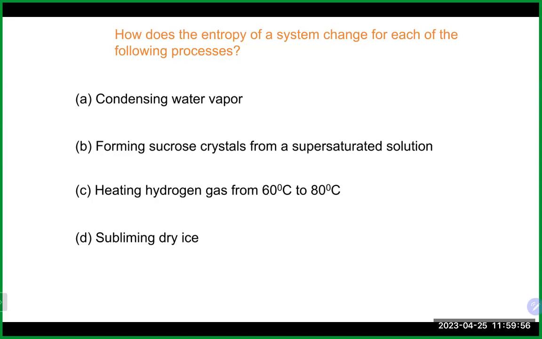Here we're going to do condensing water vapor. Condensation is obviously when we go from gas back to liquid. So that is definitely going from a state of more disorder, everybody flying around, to a state where they drop into a liquid. They're not moving and flying around as fast. So that should definitely decrease the disorder or increase the order, whichever way you want to look at it. That means our delta S here should end up being more negative in this particular case. Any questions on that? So our entropy is